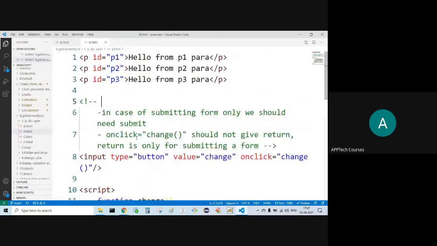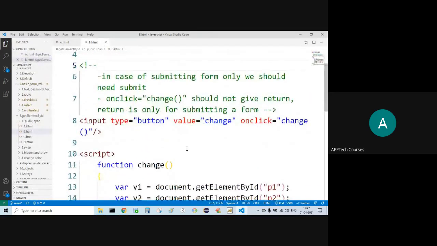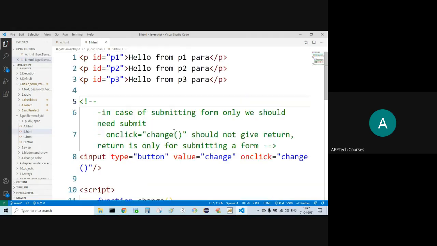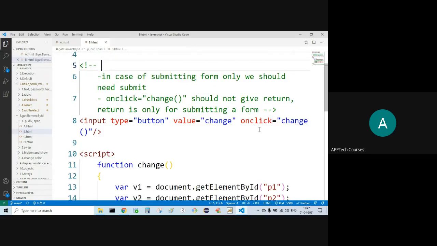Here what we are doing. Type button, values change. Change will be visible on top of this button. Upon clicking on this button, I'm calling the change function, but I'm not supplying this data to any destination. That is why I'm not using the return. If you are using the form, in case of submitting the form, then only you need the submit.